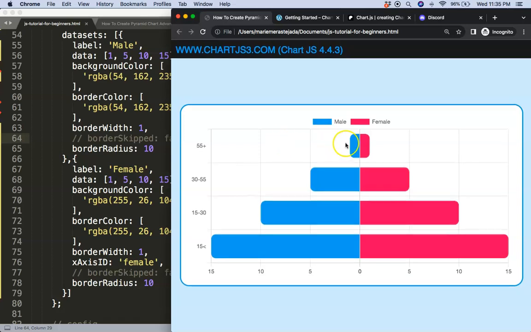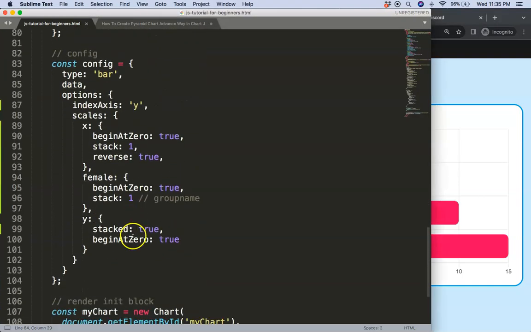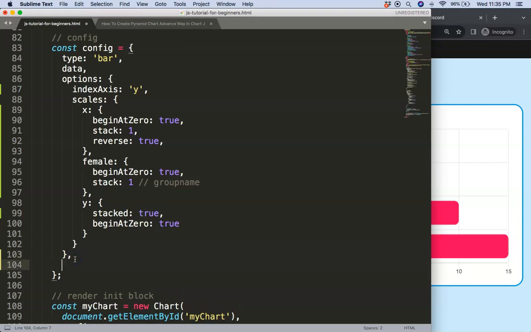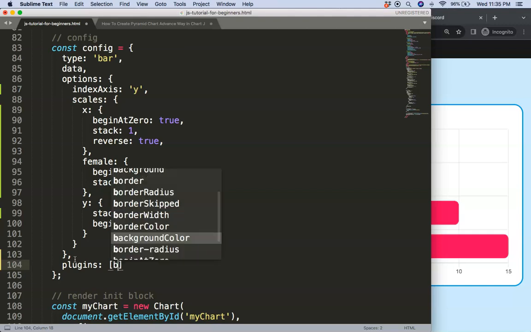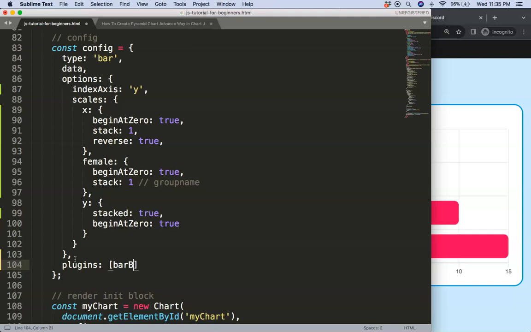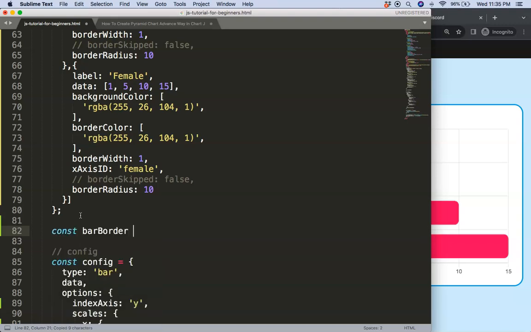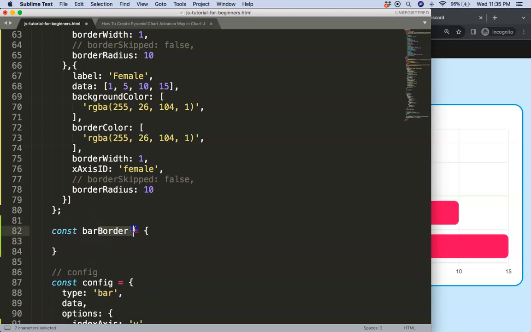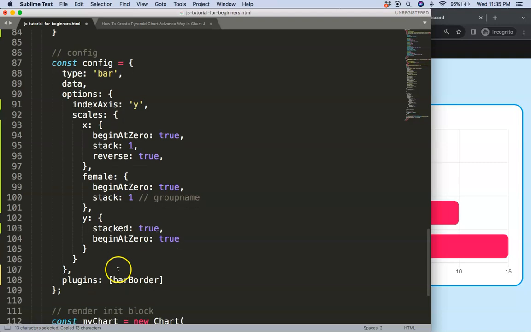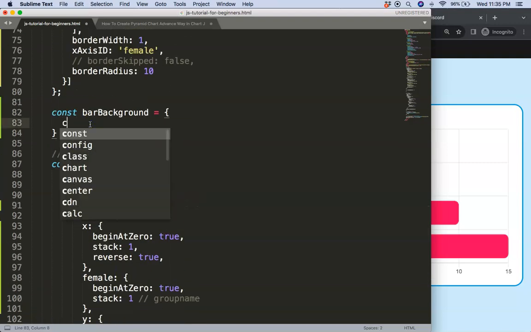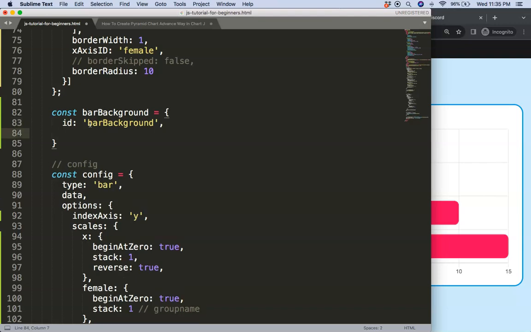Alright, the next part is how do we make a gray area here, just specifically for that. To do that, I'm going to say here, comma, plugins, then an array, because we could have multiple plugins, and this will be our bar border plugin or something like that. Copy this, then I'm going to say a constant bar border, or not even border, this should be bar background. Let's correct that. Alright, then I'm going to say the ID name will be bar background, and then I'm going to say before we draw the data set,